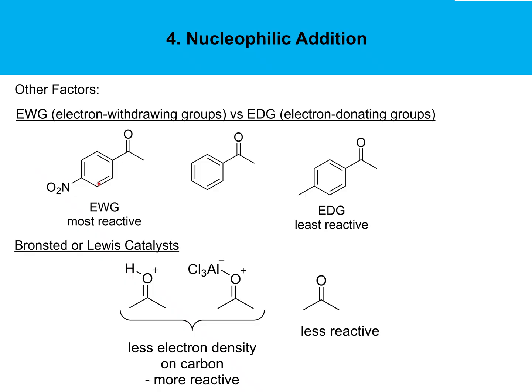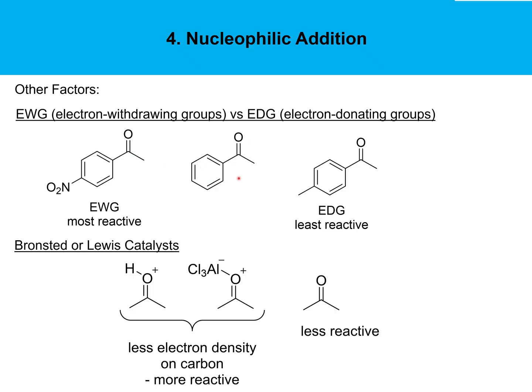Here's an example of three different ketones. The first one has a nitro group in the benzene ring. The nitro group is an electron withdrawing group. We can clearly see that by the fact that you have a nitrogen and two oxygens, which are all electronegative atoms. And so that nitro group withdraws electron density from the carbonyl carbon of this ketone, and it makes it more electrophilic. The way you can think about it is it has more of a partial positive charge on that carbon. Compared to